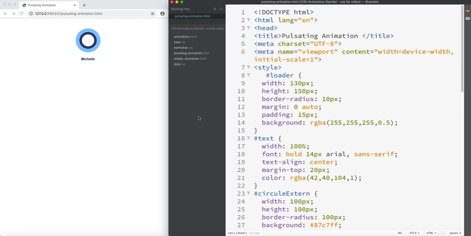Okay, for this video, we're going to do the pulsating animation. So you need to double click on pulsating-animation.html to open that file up. It already has several pieces of